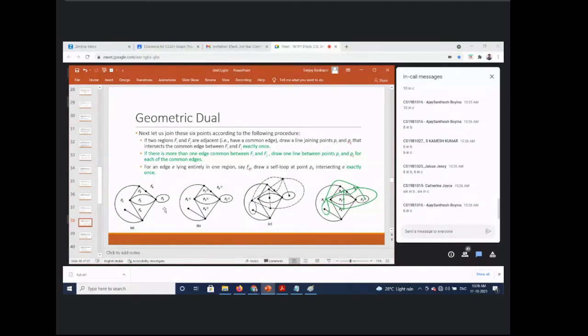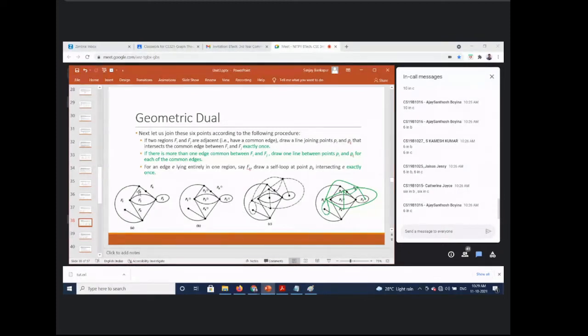Now, what things did we observe? First of all, how did we get this by doing these three steps? Before going to the first step, each region became a point so that edges can be mapped. Ultimately, we should understand that regions become vertices, and vertices become regions. That is the first observation. We'll go to the observations in the next part. First, we'll try to understand how we got this geometric dual.